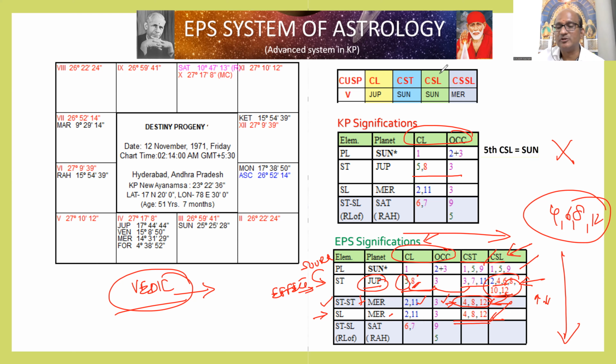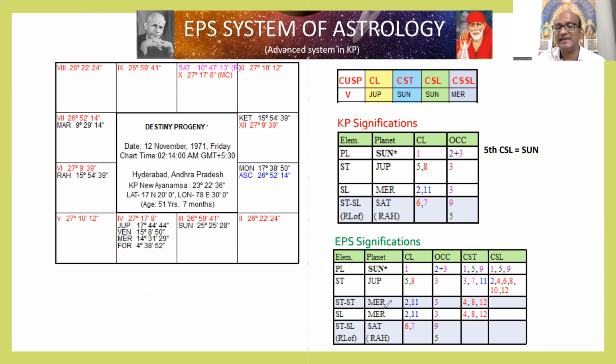Correct? Another thing also: in EPS we take supports, and we have one more thing called a ruler's link. It means you can see Jupiter and Mercury are conjoined, posted along with Venus. The sublord of this planet Mercury is also conjoined with the Jupiter. It is adding more impact. Mercury's 4, 8, 12 is further adding significations unfavorable to the Jupiter. You understand? And the star lord of the star lord is Saturn.